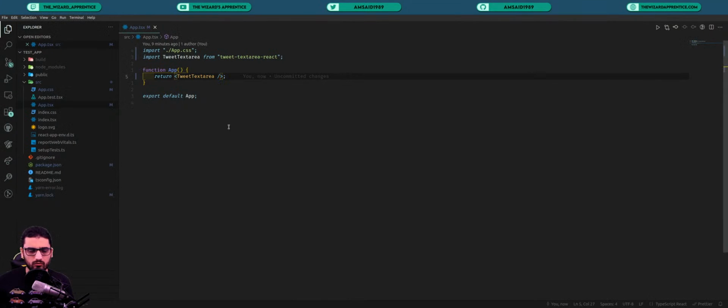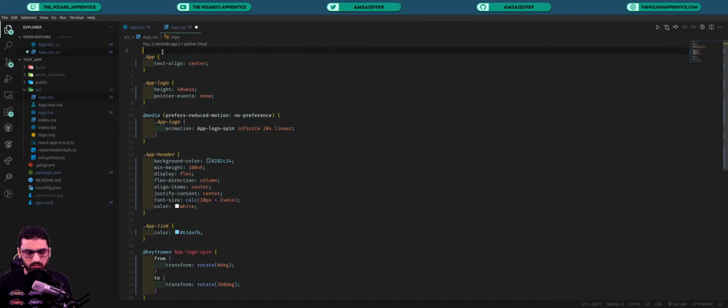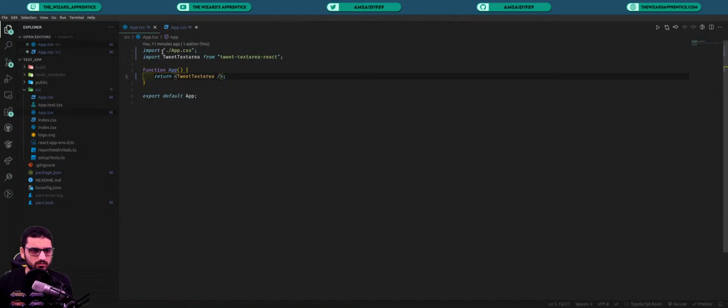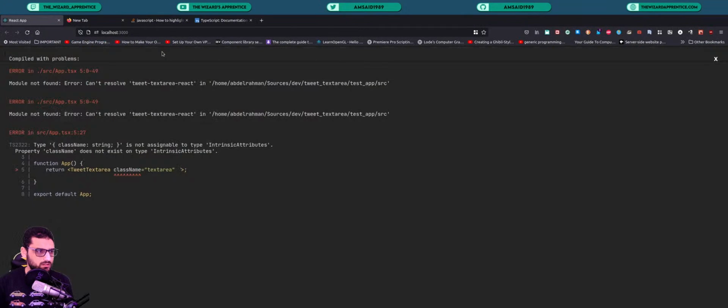However, if we go to the app and in the CSS add, let's do solid 1px red, for instance, and then just do this className equal textarea. If we save that now,